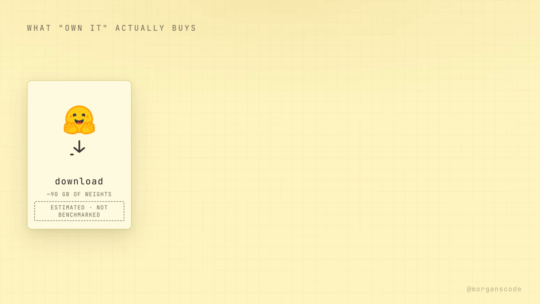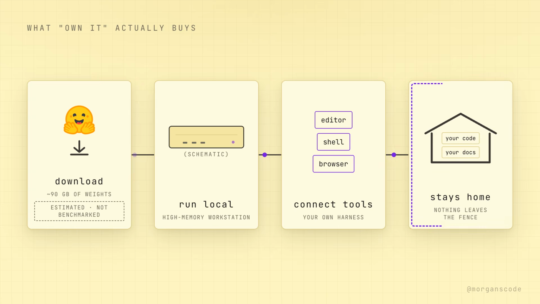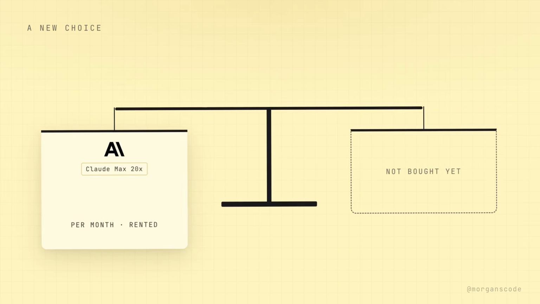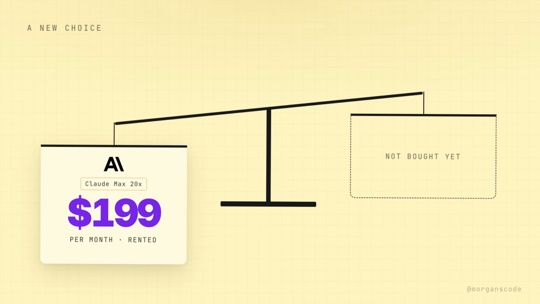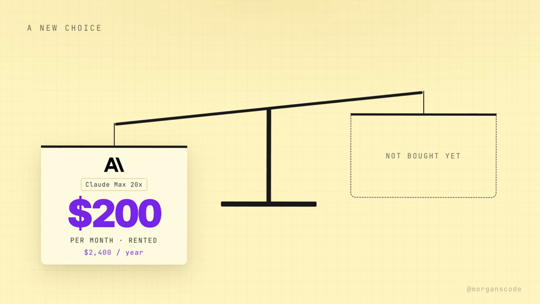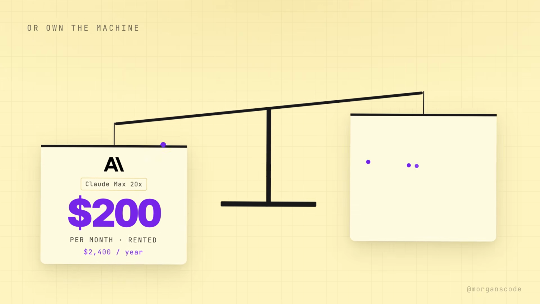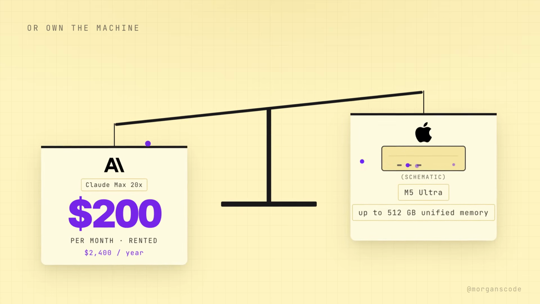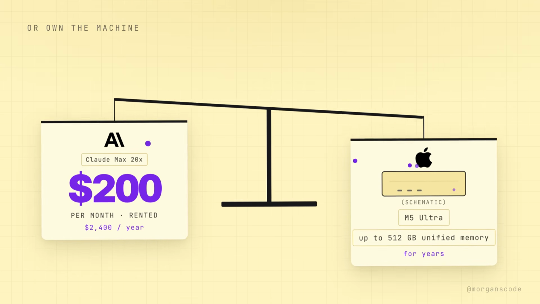You can download it, run it on a high-memory workstation, connect it to your own tools, and keep your private code and documents inside your home. That creates a completely new choice. Do you continue paying up to $200 every month to rent frontier AI from the cloud? Or do you put that money toward a machine, perhaps a high-memory M5 Ultramax Studio, that can run powerful open